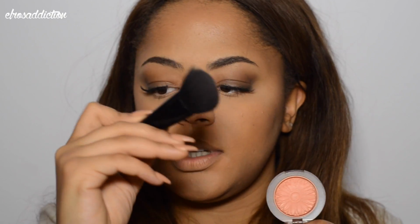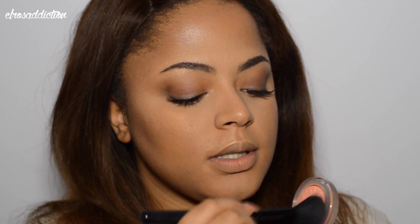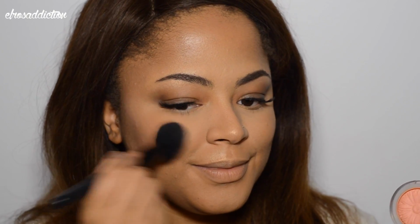Now we're going to add a little color into the cheeks, and for that I am going to be using the Clinique Cheek Pop in Melon Pop. And I'm going to be using my E.L.F angled brush, this one. This is very pigmented, so don't forget to tap out the excess and just